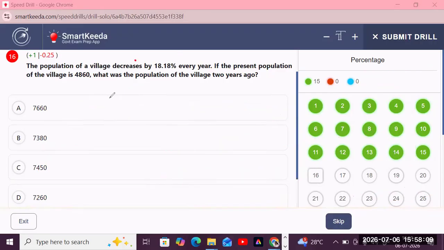And the population of the village decreases by 18.88%, which is 2 by 11, 9 by 11. And the present population is